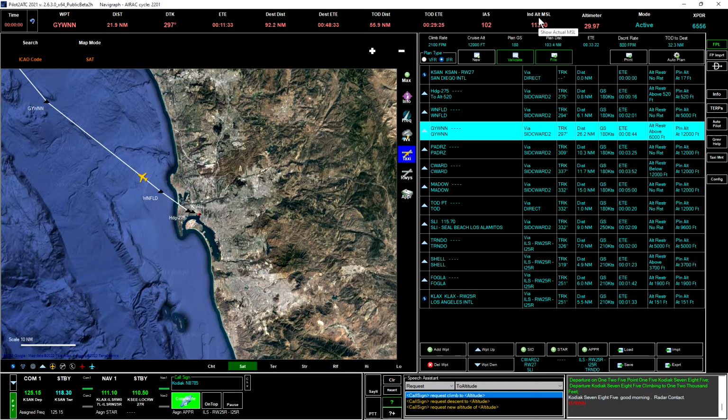Then we have the indicated altimeter reading, telling us how high we are above mean sea level according to the gauge. If we click that, we'll get the actual height above mean sea level. And then clicking it once more will give us the actual height above ground level, which would be important if you weren't flying over the ocean. And then finally clicking it one more time will bring us back to the